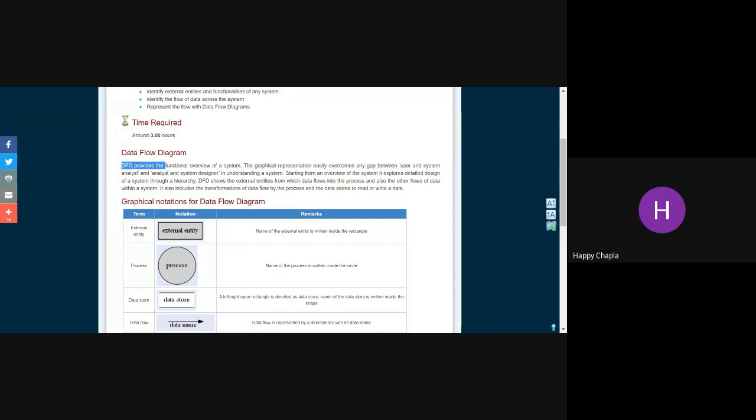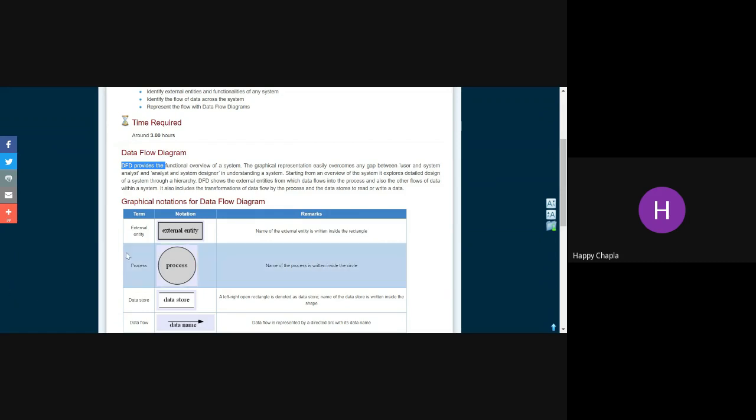Then what is the difference between DFD and use case? DFD will allow you to work with your system as well as database as well as your functional or processing requirements. Now what is there inside your use case diagram? A use case diagram will allow you to work with users, actors, and use cases, that means processes.